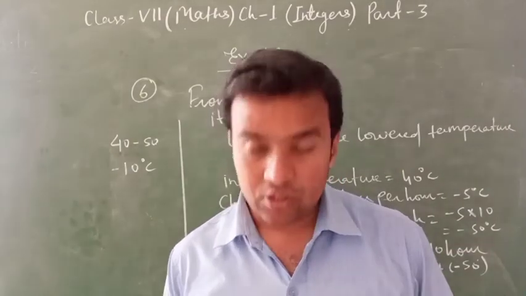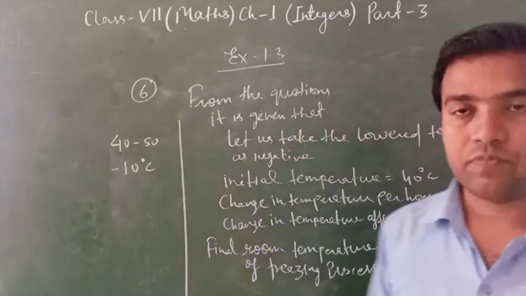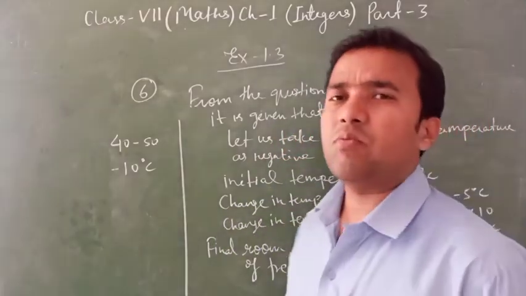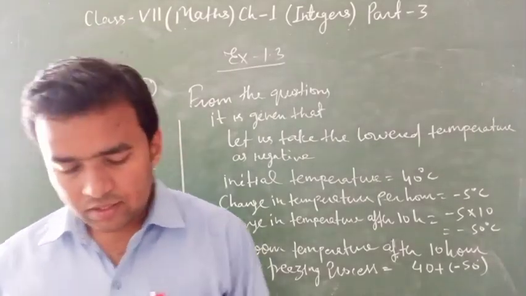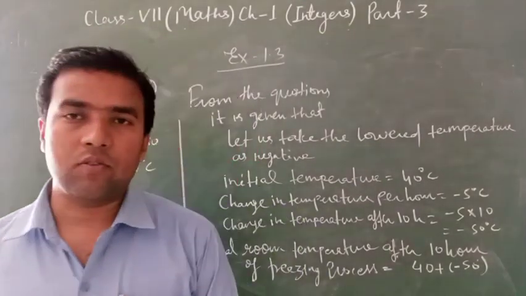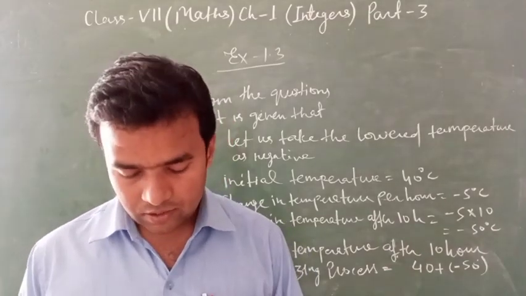number 7, 8 you can do very easily. Clear? So 2 exercises I taught you today. Exercise 1.2 is a very small exercise. There are only 4 questions. And in 1.3 there are 8, 9 questions. 9 is fill in the blanks. Clear?